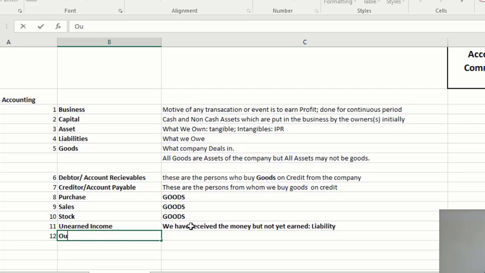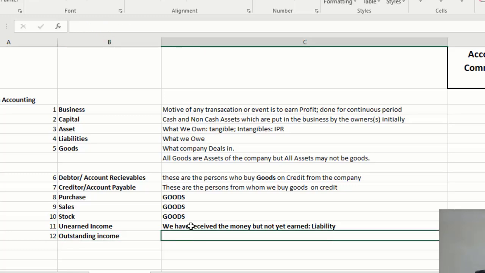So outstanding income. Outstanding income is, sir, we have done something but we have not received the money. But this is not against goods. If we have sold the goods and we have not received money, they become our account receivable. So other than goods, I will write clearly here, please. These are the master notes for us which can be referred to at any time for any reference. Other than goods, if we have to receive the payment,